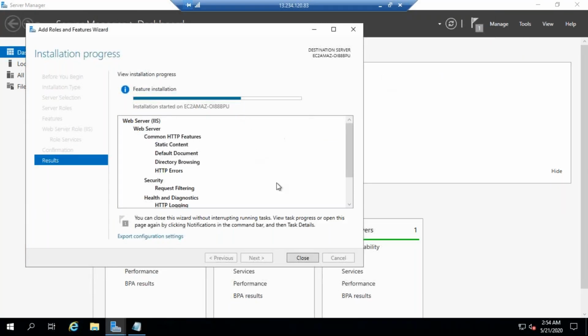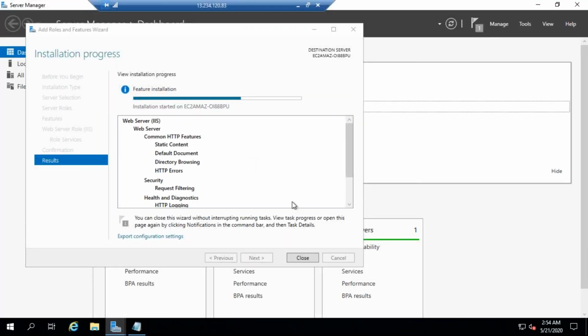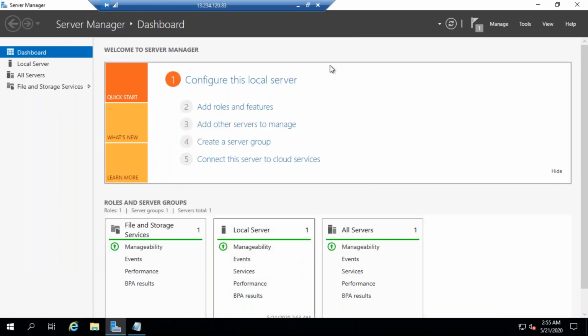So this is still hosting, that is fine. Okay, it is still installing, that is okay. But now what you need to do, okay, let's wait until installation is finished, because installation is important. Let it finish. Okay, this is finished, I think. Installation succeeded. Okay, you can close this.